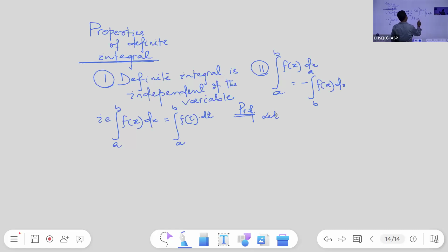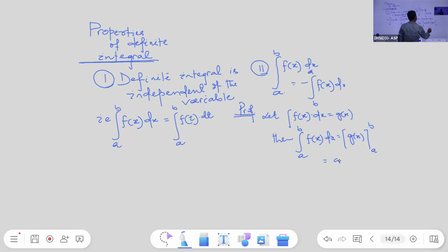Let the indefinite integral of f of x dx be equal to G of x. Then the integral from a to b of f of x dx equals G of x with limits a to b. This is equal to G of b minus G of a. And the integral from b to a